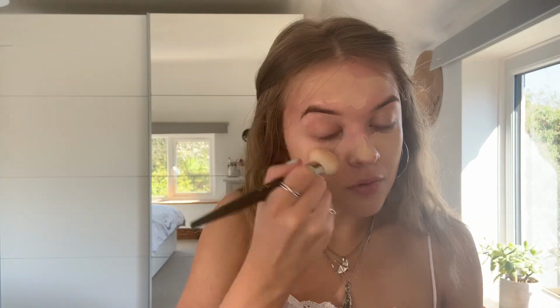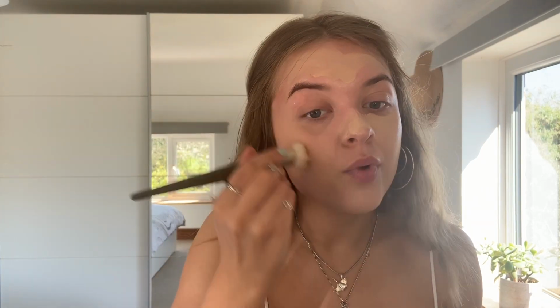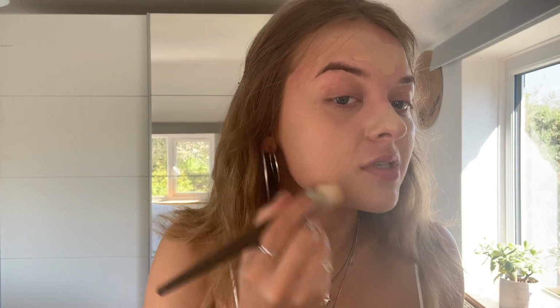So I've just popped, I've got a lot left on the back of my hand, which I might take down my neck, but I've just sort of spread it very evenly around my face in a thin layer. So then when I go in with the foundation brush, I don't know if you can see on that side, but it just gives a light wash rather than a really full coverage cake face, which I'm not opposed to. I love a cake face, but it just means that I get to distribute that product a little bit more